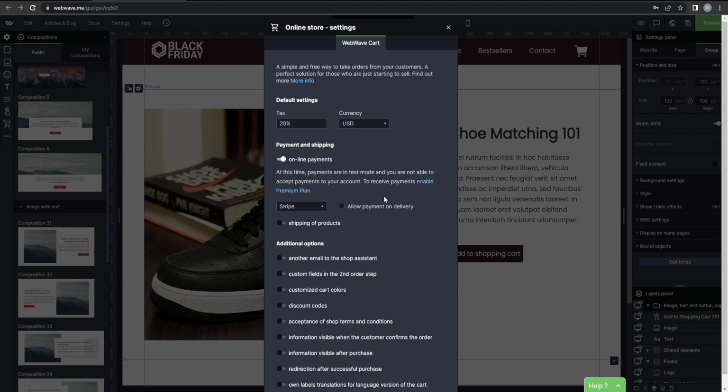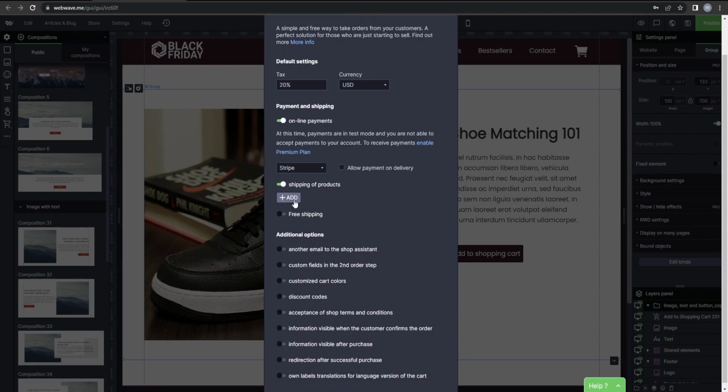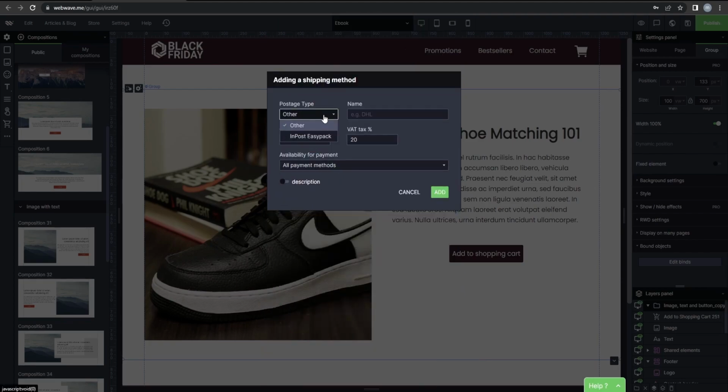You can allow payment on delivery and turn on shipping of your products. You're gonna add a shipping option. Let's say DHL as an example, and let's say it's gonna cost about $20, and you can use any company for your shipment. You can also change the availability for payment, so